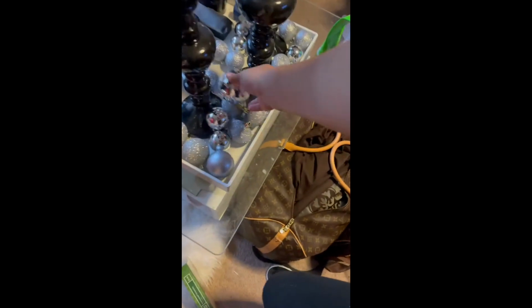Get it together, man. Oh, it's still the top still. My bad. I fussed at you for no reason. I use the rest of these big silver ones. These that are also shatterproof. I'm just gonna pop those on there too. So it just looks really